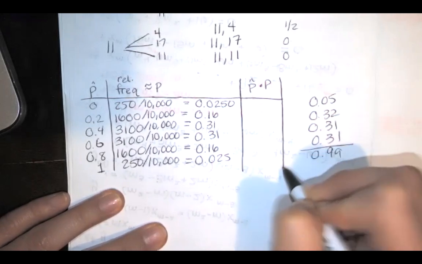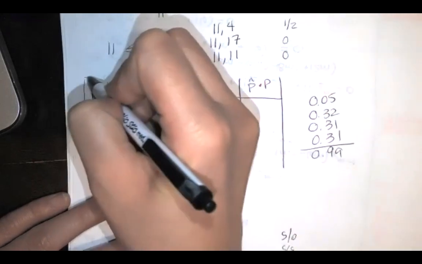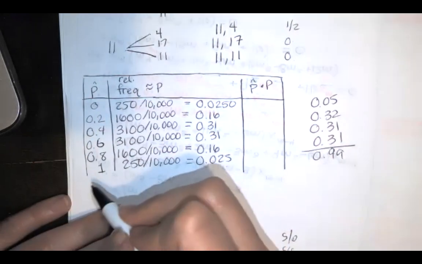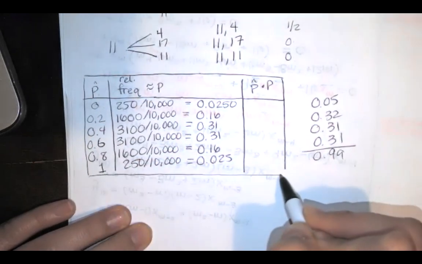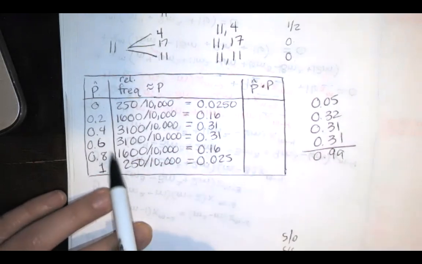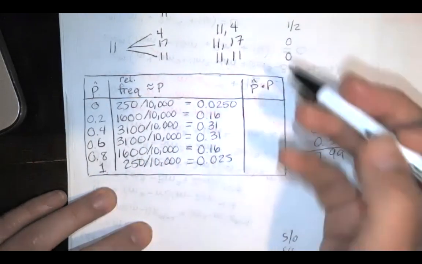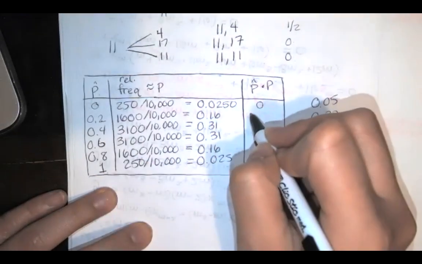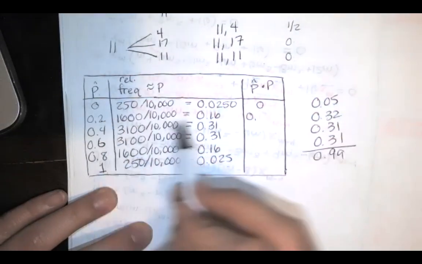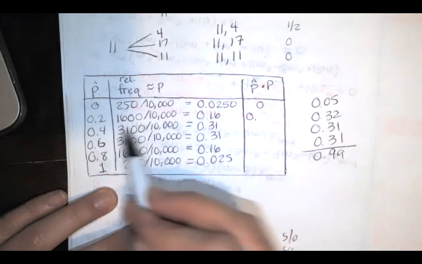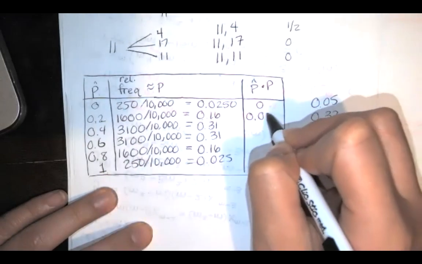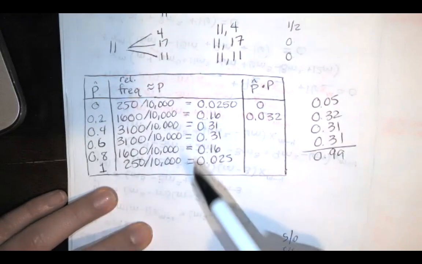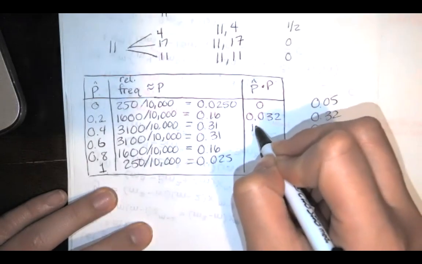Just like we did back in chapter 5, when we looked at discrete probability distributions, this was just called X and that was called P, but it's exactly the same principle. So I've got this times this, which is going to be 0. And then this times this would be 0.2 times this would be 0.32, and then we move the decimal over once, so 0.032. And then we've got 4 times that,